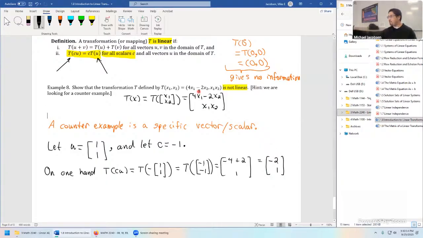So double checking, that was a -4 minus 2 times -1, so -2, and then -1 times -1. So that's our left-hand side. And now our hope of hopes is that that equality right there is broken when we do the right-hand side. So let's say here down below, on one hand, we got that. And on the other hand,